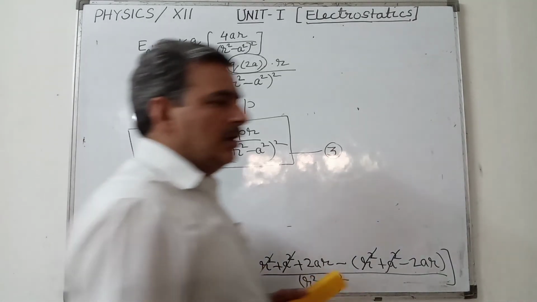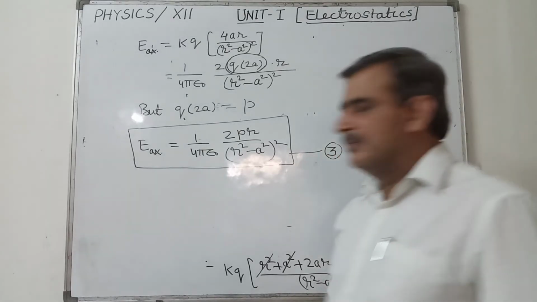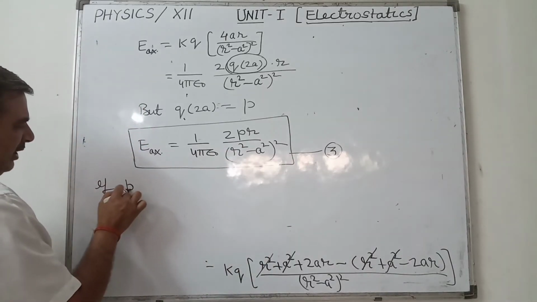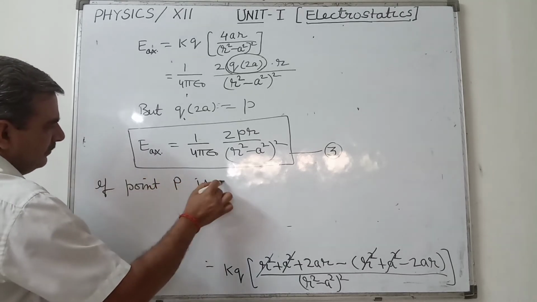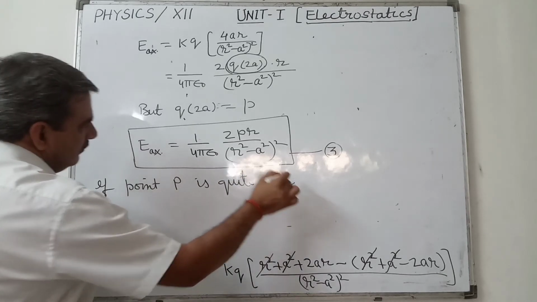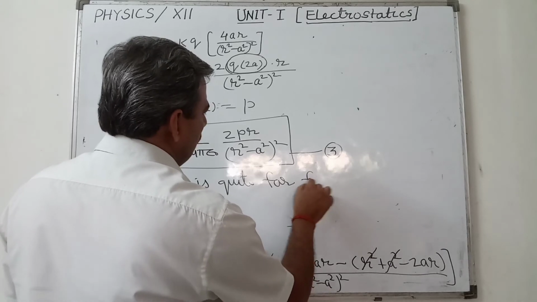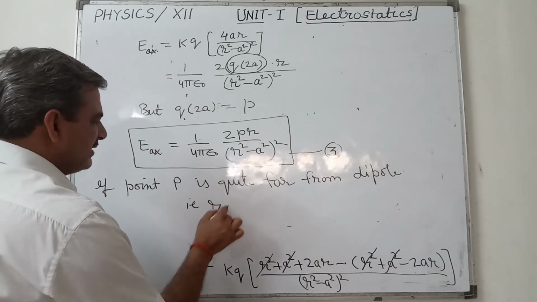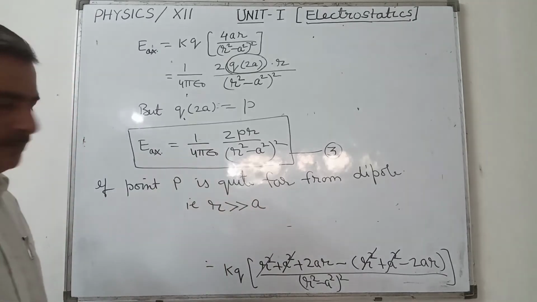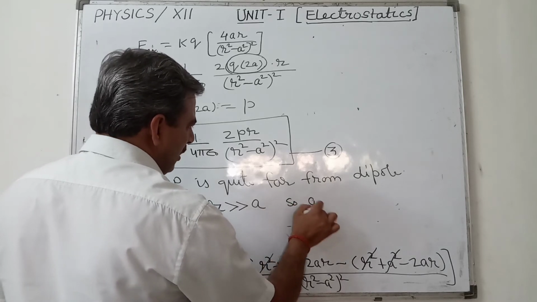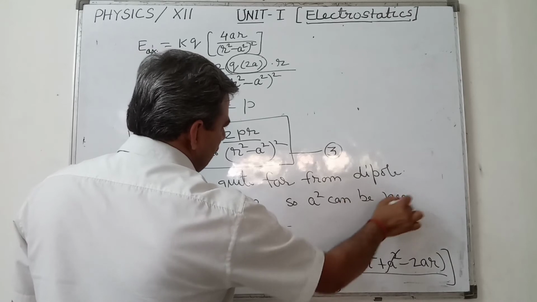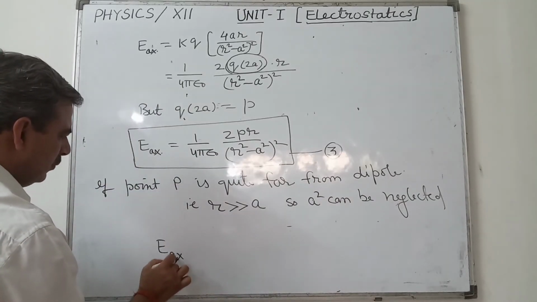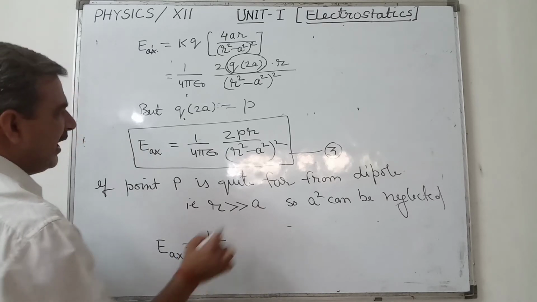Now further, if we do some assumptions, if the point P is quite far from the dipole, that is, r is greater than a. So what you can do here? A square can be neglected. So a square can be neglected. Once you neglect this a square, you have E axial equal to 1 over 4 pi epsilon naught